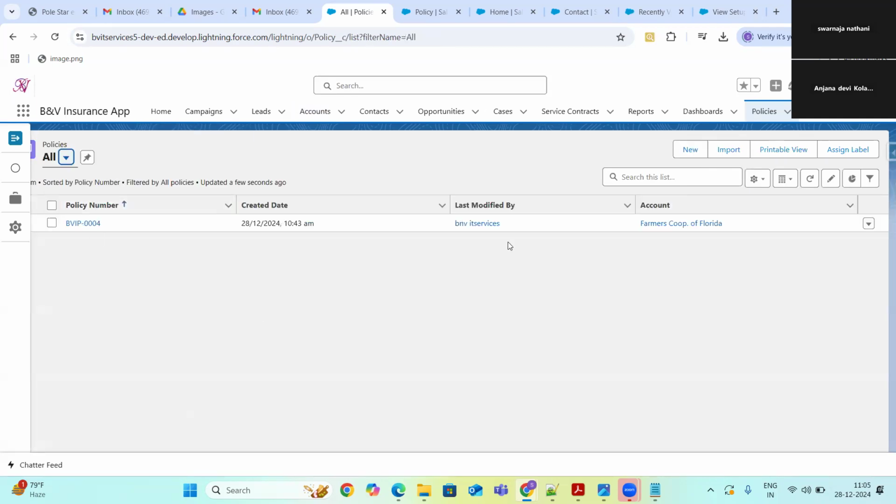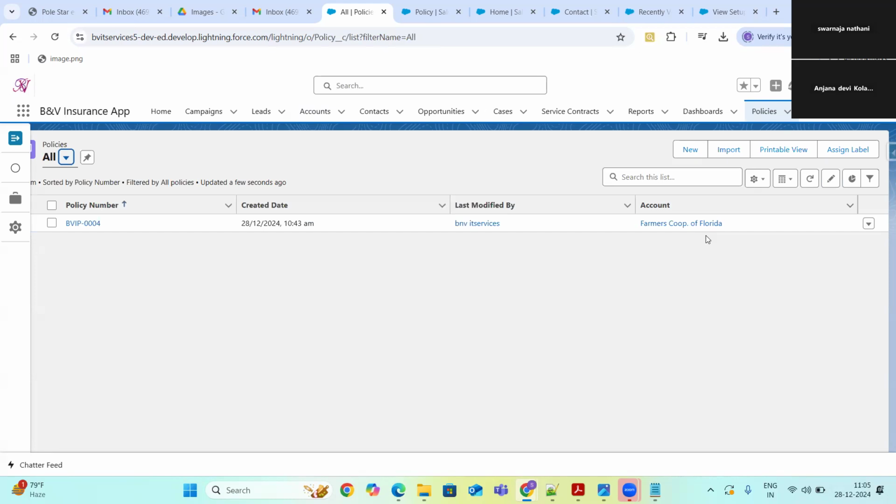I can't see any records which are associated to the support account. That means as soon as you delete the account, automatically policies also get deleted. That is master detail. In case of a lookup relationship, it will just clear out that particular field. But in case of master detail, it will delete the complete record. That is the main difference.